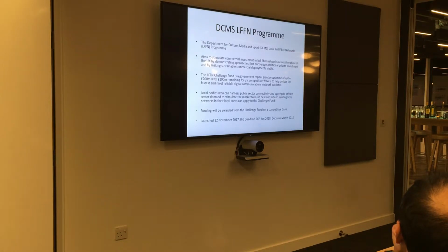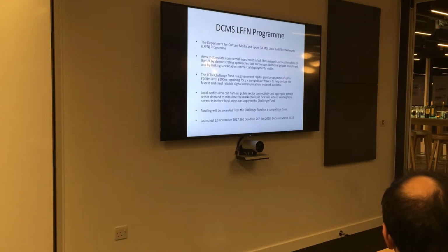They've established a challenge fund, which is just short of £200 million left, and they're looking for competitive bids in 2 waves. The first wave was, well, the guidance was launched last week. The deadline for the first wave is the end of January, with decisions made in March 2018. They're really looking to work with public sector groups to create this competitive